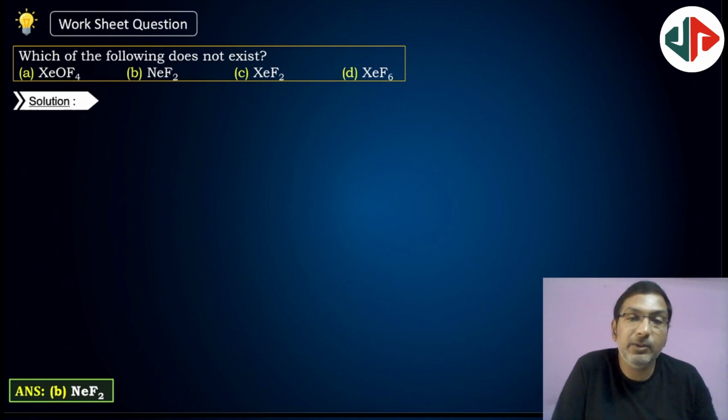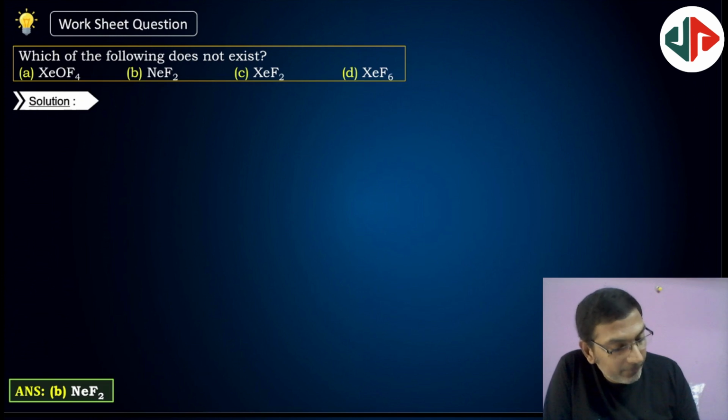XeO4, XeOF4, xenon oxytetrafluoride, that is possible. XeF2, xenon difluoride, that is also possible. XeF6, hexafluoride, that is also possible. NeF2, not possible. Neon cannot form